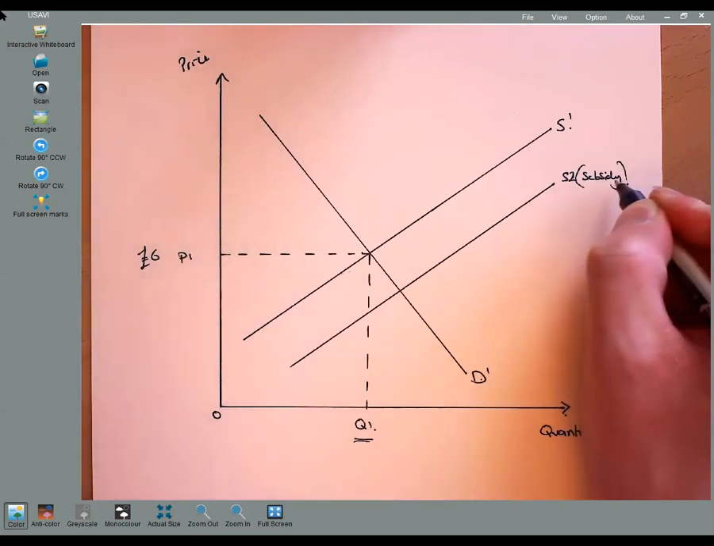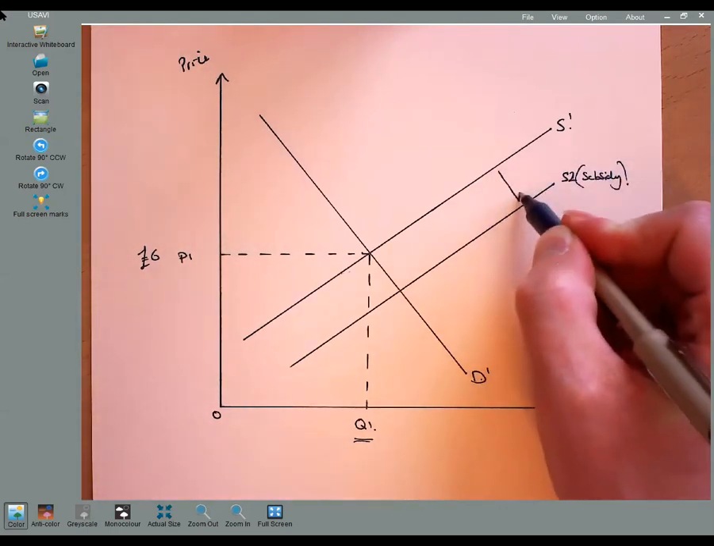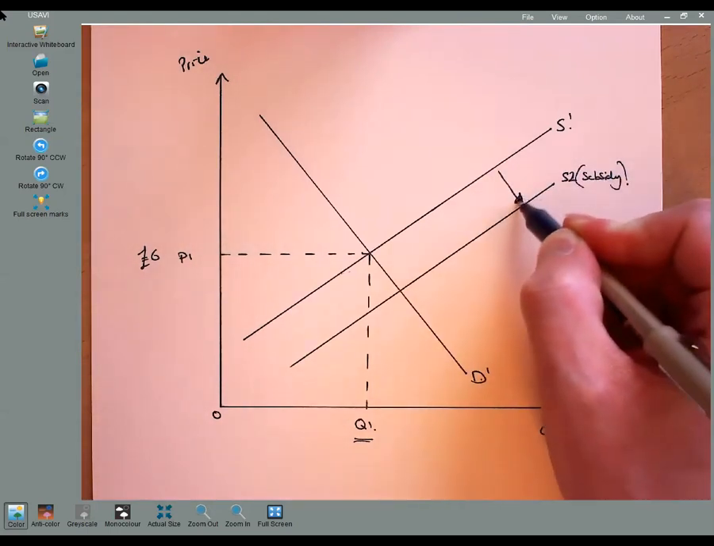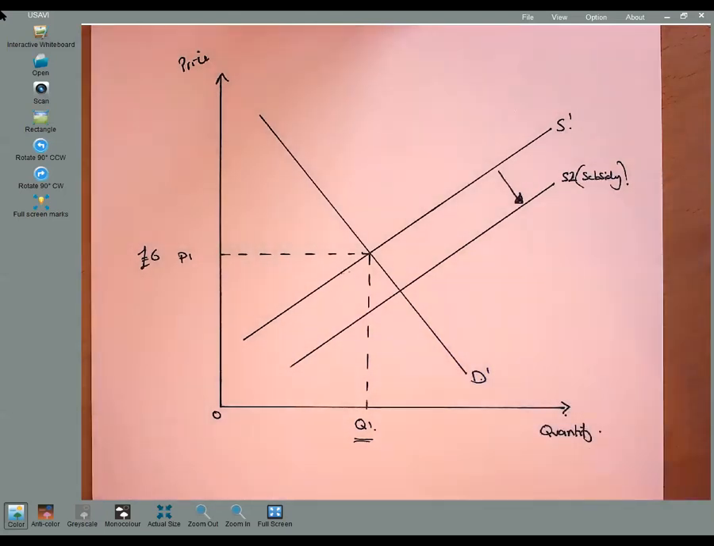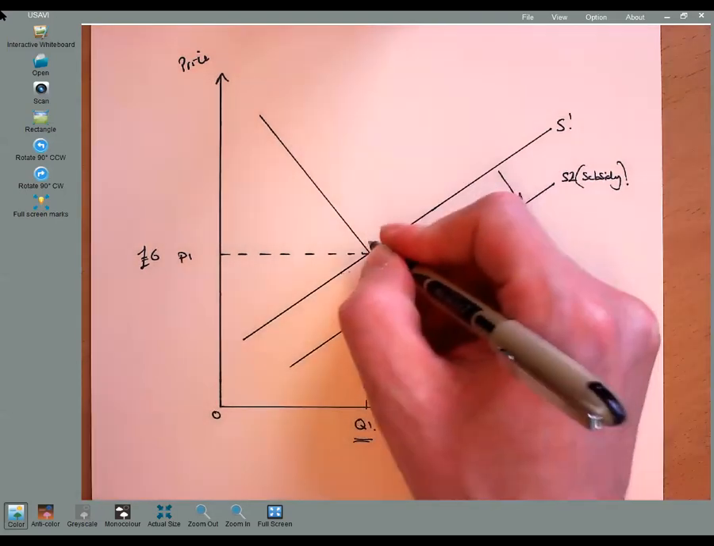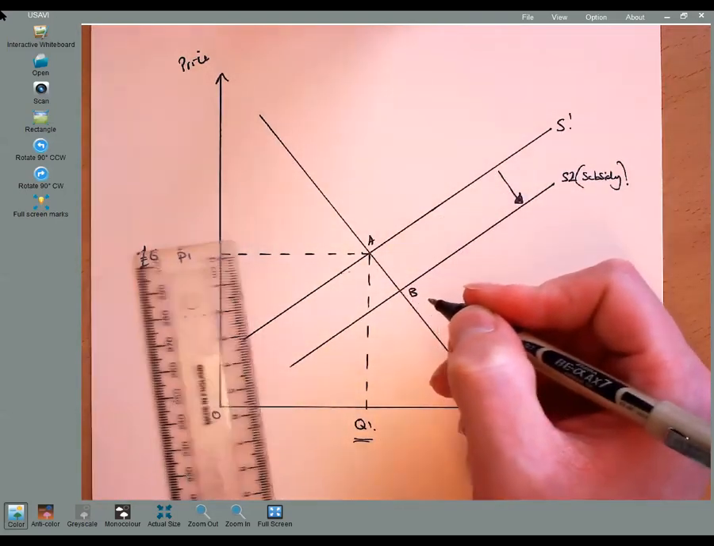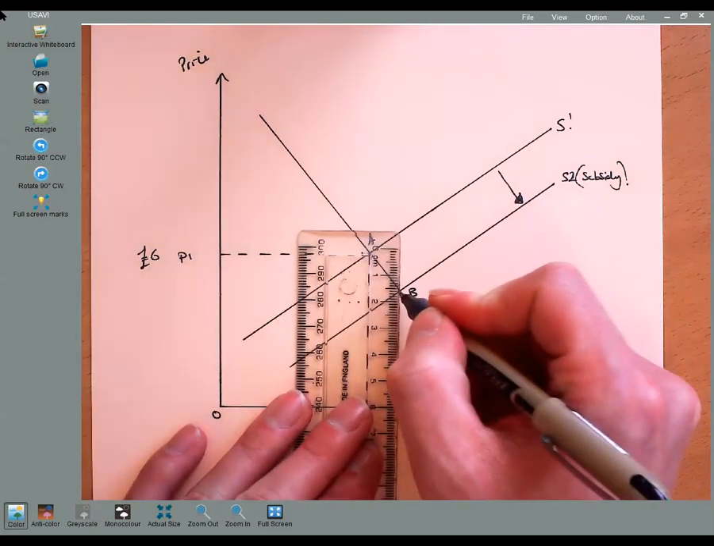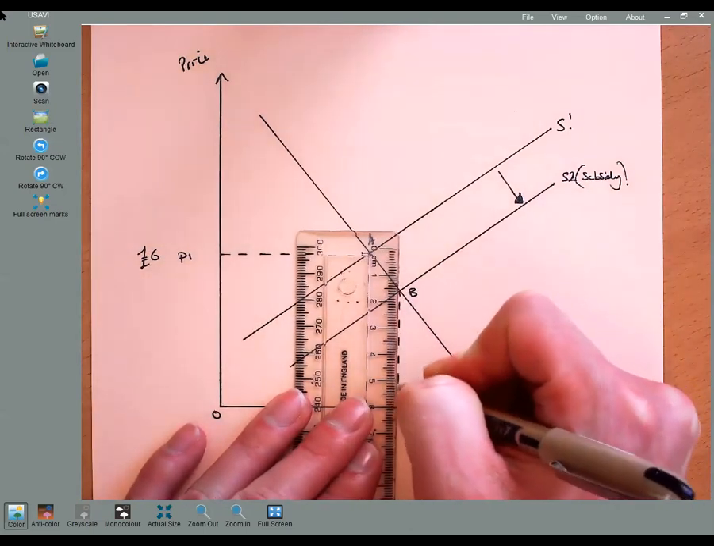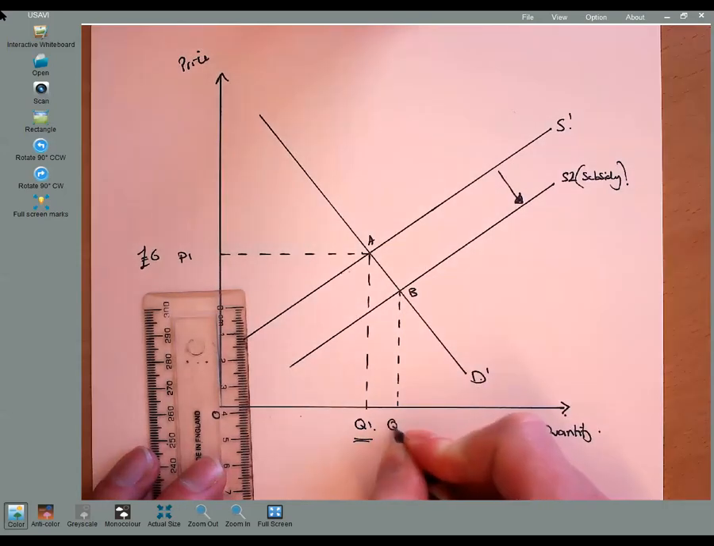And then in brackets, I'm going to write beside it "subsidy" to indicate that the reason for the outward shift is because of a subsidy, a government grant. So another word for a subsidy is a grant. So the original equilibrium, I'm going to title as A, and the new equilibrium, I'm going to title as B. And again, I'm going to do a dashed line to indicate my new quantity of Q2